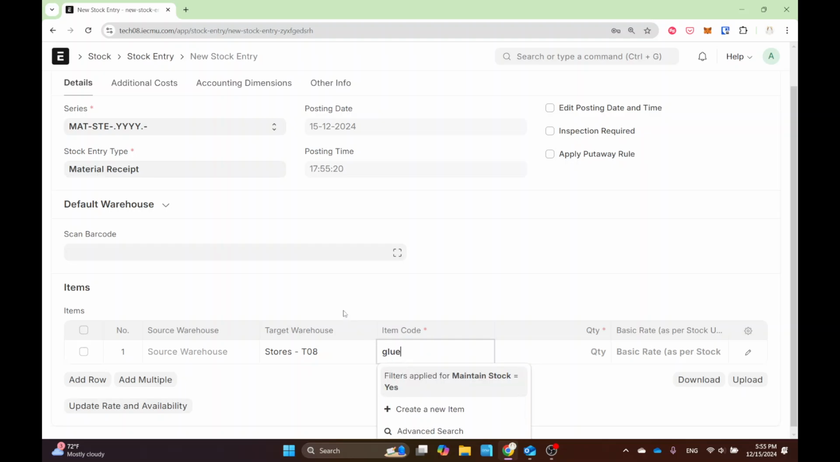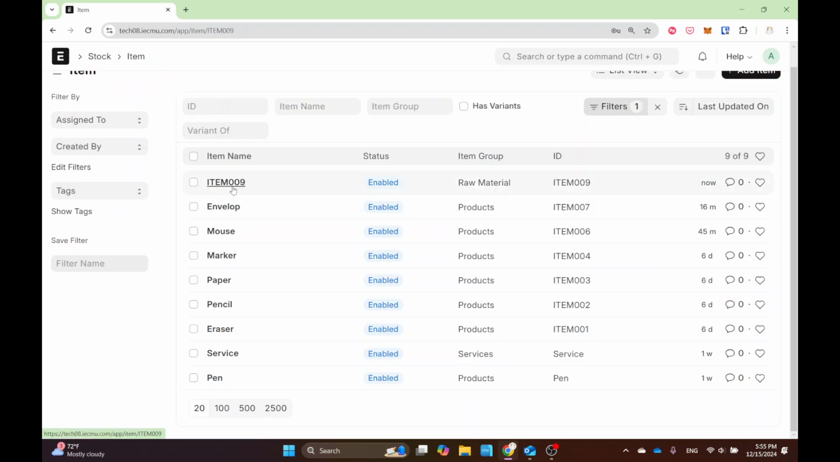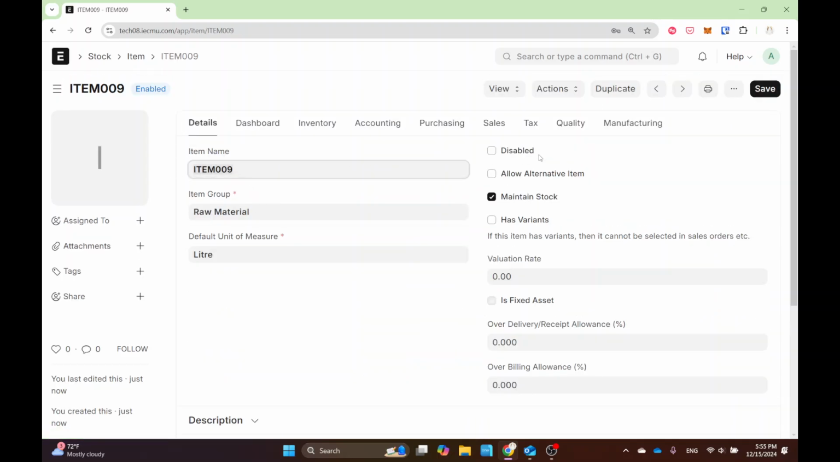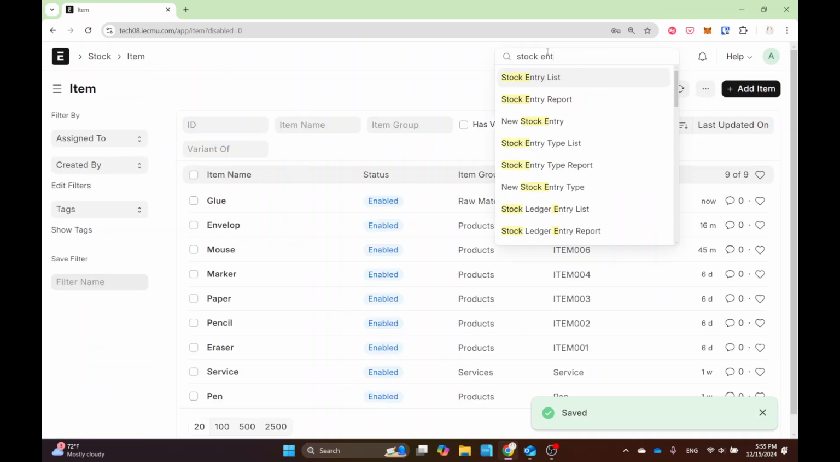Wait, I forgot to put glue as a maintained stock item or something. Okay, let me see. Oh, name, I can do glue. Okay, I forgot to name the item glue. Okay. So stock entry,